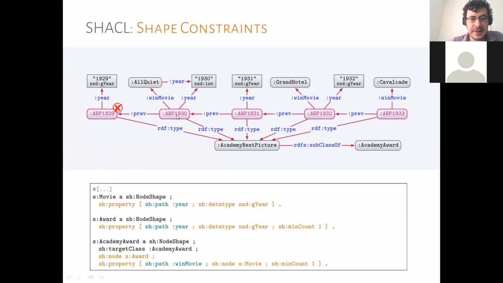Next, we see that we have an award. It has a year, it has a winning movie, and the winning movie has a year. So we see that this one satisfies. Next up, we have an award that has a year, but it has no winning movie. So similar to this case here, it will fail. In this case, we have a year, we have a winning movie, but the movie shape specifies,